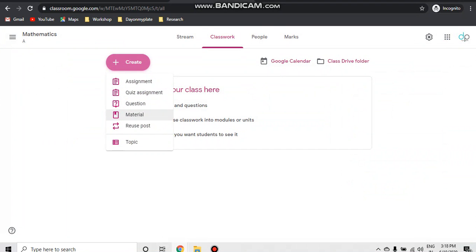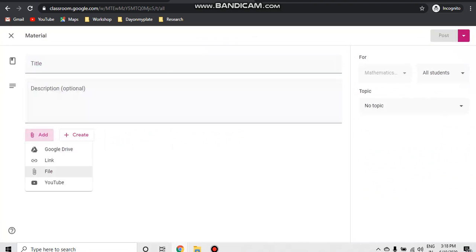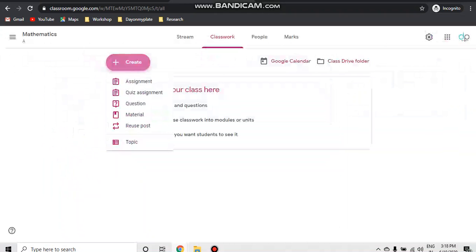Material means if you want to submit any class materials or e-notes to your students, then you can upload the material by using the Google Drive, link, file or YouTube, anything you can give. And the last one is the reuse post.